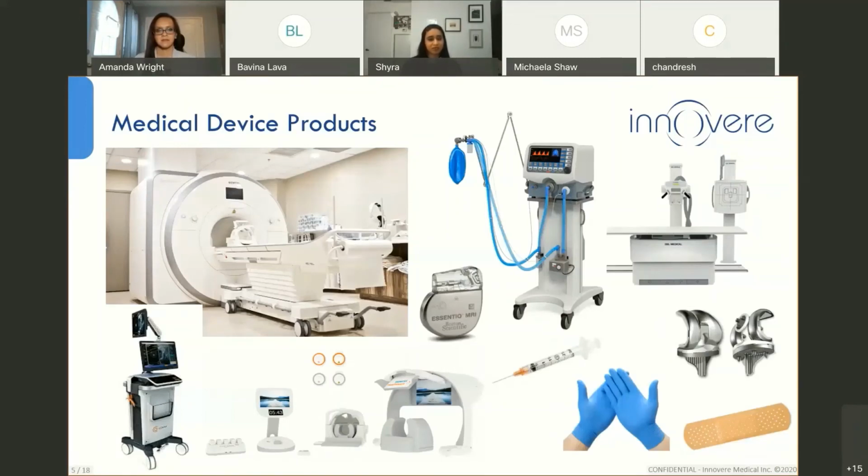This isn't really considering software products, because when we're talking from a manufacturing perspective, software doesn't make a big play in there. But when you're looking at medical devices as a whole, software counts as a medical device too. So looking at the more hardware focus of medical device products as we go through this presentation, how can a regulator go about and manage all of these different types of products under one quality management system, or